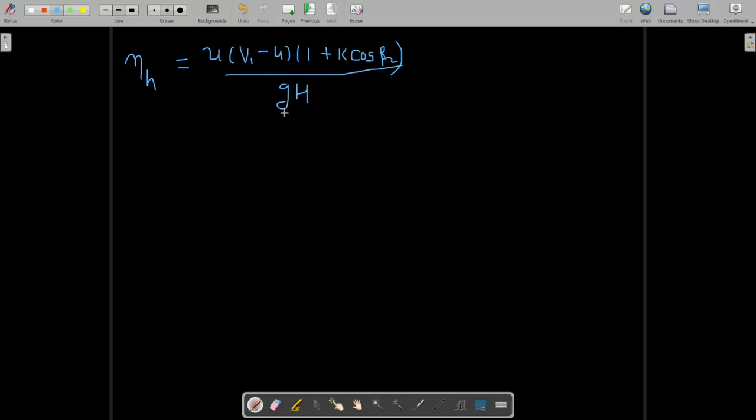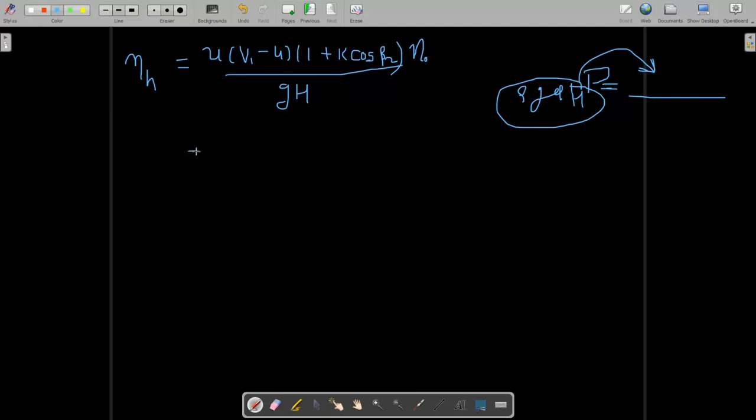Okay, hope you guys know from where this equation came, because the power that is output, that is given by the water, is equal to rho g qh. Because water power is given by rho g qh, and the same power is converted here into the exit power. There is no loss, only here the overall efficiency term will be added. So it is clear from where this equation came.